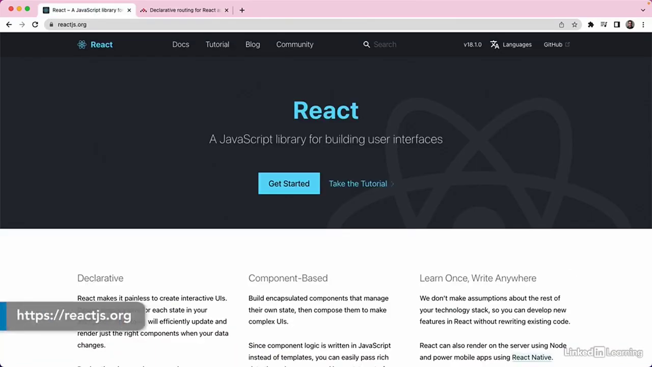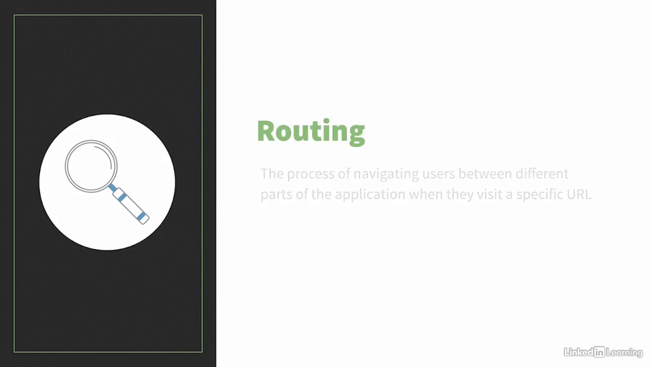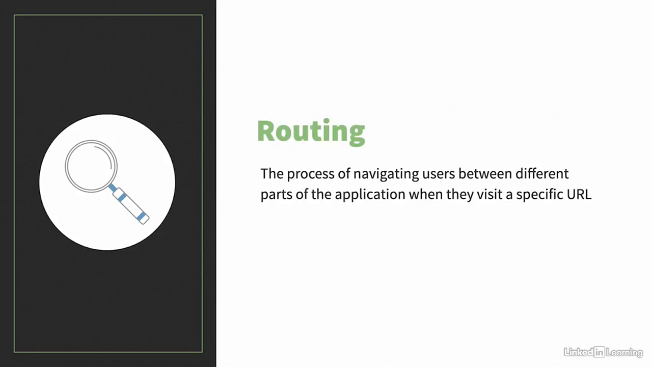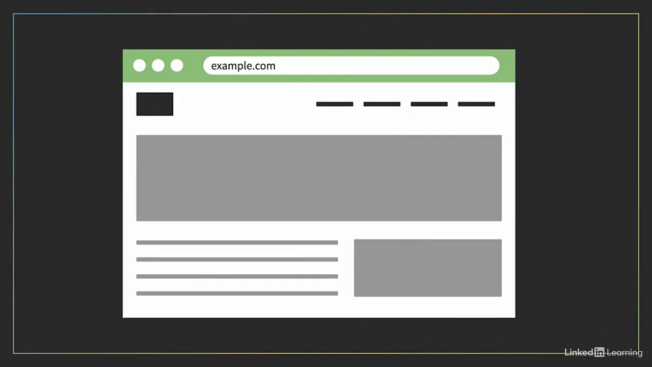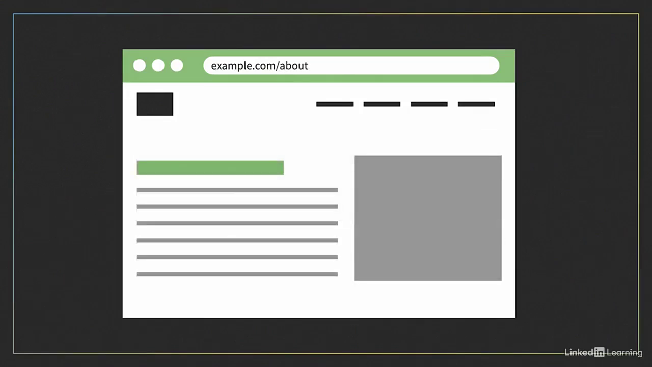One of the most common and performant ways of building websites and applications as single page apps is with React. Most React applications need navigation to transition from one view to another. So, because of that, one of the fundamental parts of single page apps React developers need to manage is routing. So, routing is the process of moving or navigating users between different parts of the application when they visit a specific URL. In React, you navigate through a single page app by swapping out the components displayed on screen as